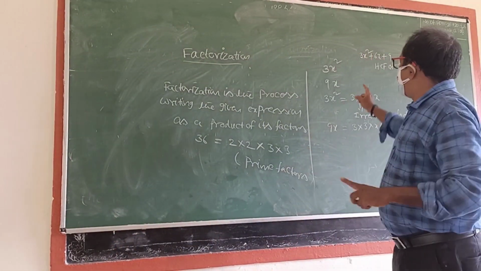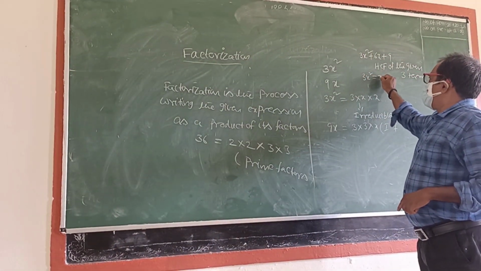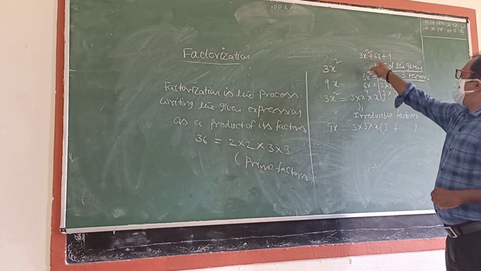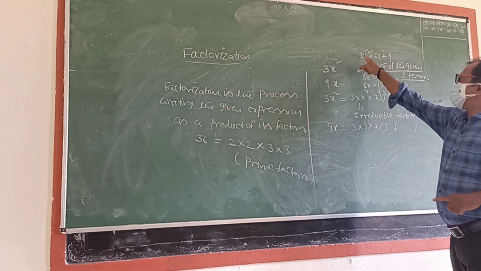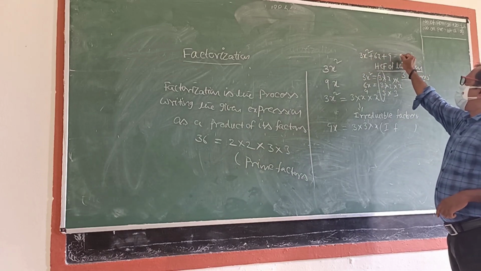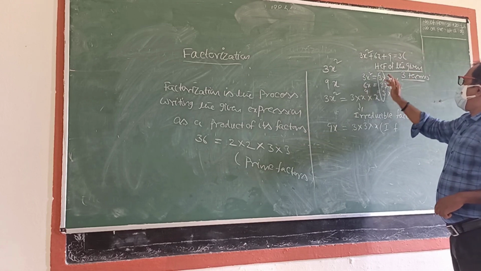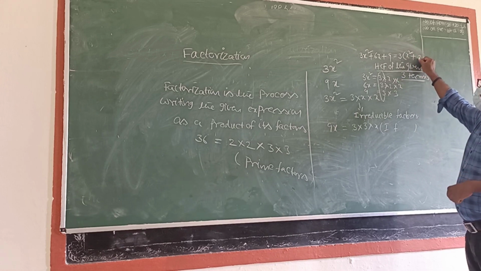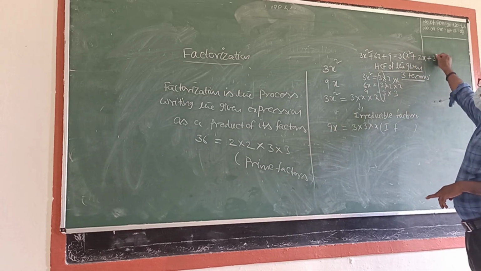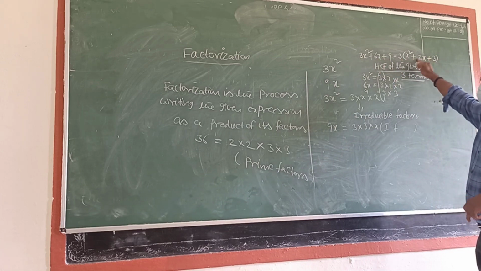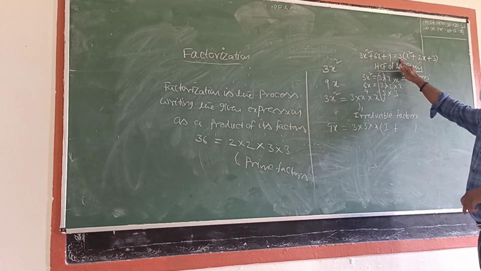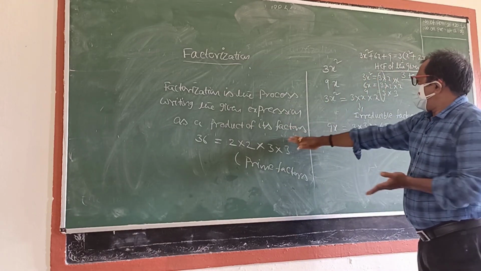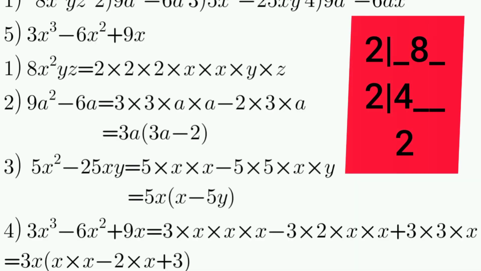Let's consider one more algebraic expression, a quadratic expression, 3x square plus 6x plus 9. While considering the factors, we are taking the HCF of all these three terms. 3 into x square plus 2x plus 3. Therefore, this can be split in the form of 3 into x square plus 2x plus 3. So, we can say that 3x square plus 6x plus 9 can be divided by 3 as well as x square plus 2x plus 3 also. To make the concept clear, let us go through some more examples.